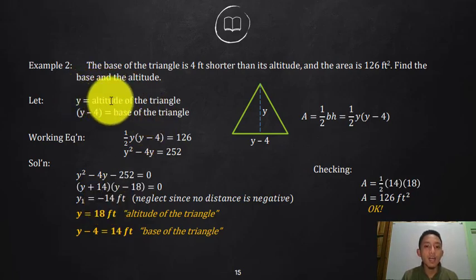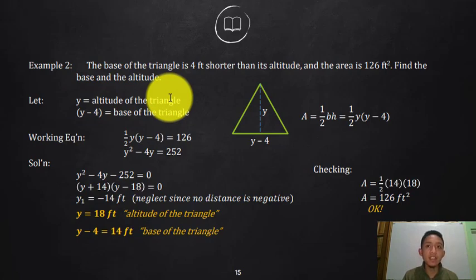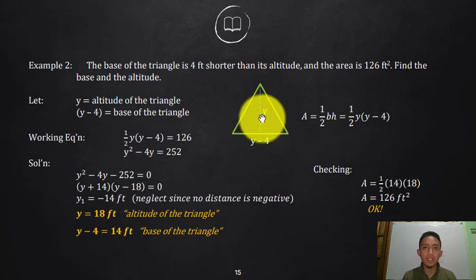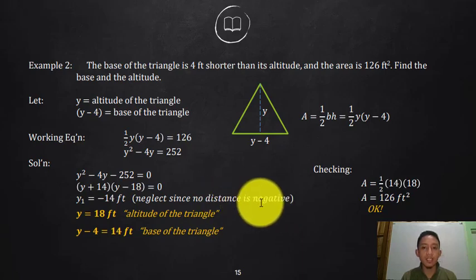Go back there. Altitude, that is a distance. Is there such a thing as negative distance? If we are talking here of a triangle, there is no negative distance. So all I need to do there is neglect that one since there is no negative. So that is important that you need to consider in your problem solving. Once you end up with a value, try to analyze if that value that you solved is reasonable for the certain problem. You are talking here of distance and you ended up with a negative. Is there such a negative distance? Maybe if you are in physics,